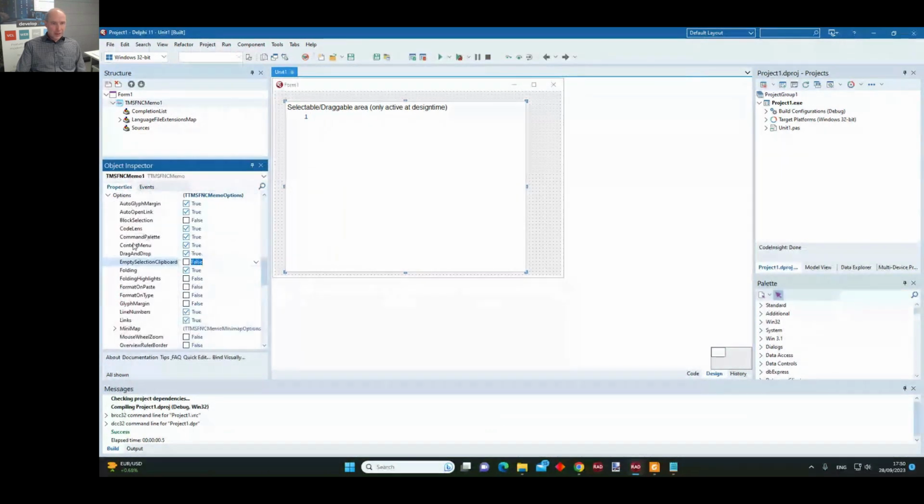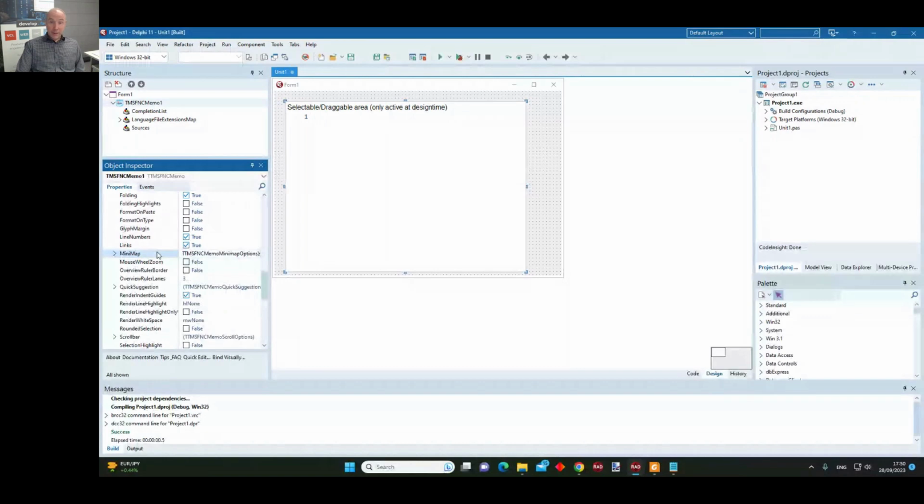There is a property, the minimap, where you can have it automatically hide, for example, or not show. So that is a feature that you can enable or disable. By default, it is enabled.